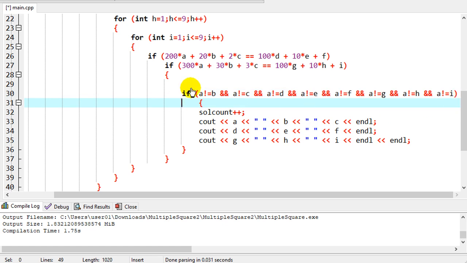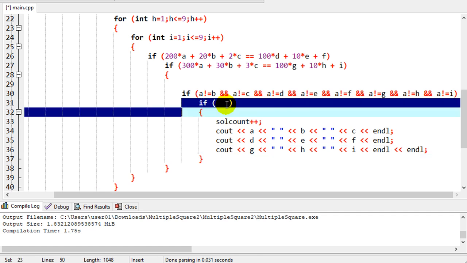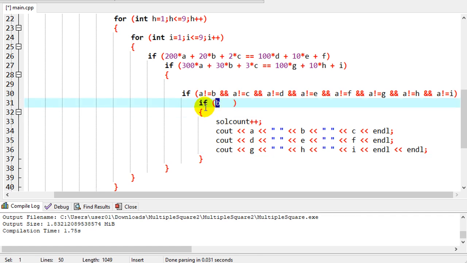And so on the next one, we need another nested if. And so I'll move this down and we'll put our if statement in there. We already know A is not equal to B, so now we need to check B to make sure it's not equal to C, and B is not equal to D, and so on down the line, all the way to B not equal to I. So we'll continue this nesting pattern,